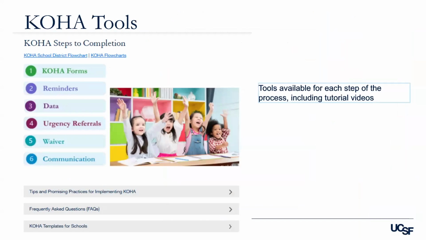This is my go-to spot for COHA. This really breaks down each of those steps that Vaishali and Kristen both shared earlier. There are also video tutorials along the way. I'm going to highly recommend this for those wondering about TK and communicating that. I found it really helpful under the frequently asked questions, so don't overlook that lower half. It also provides other templates and things that are useful. Next slide.